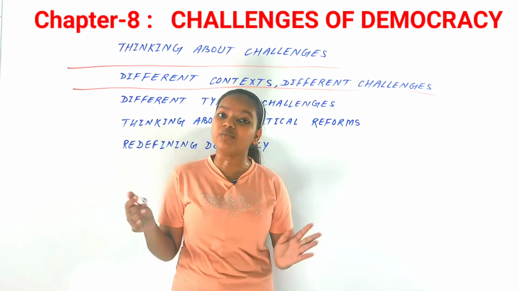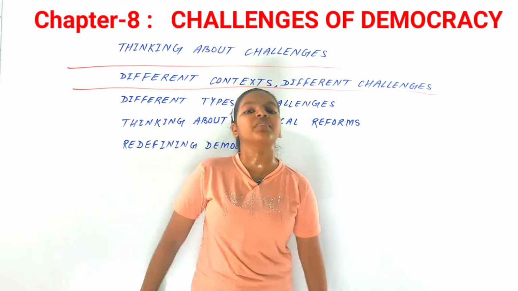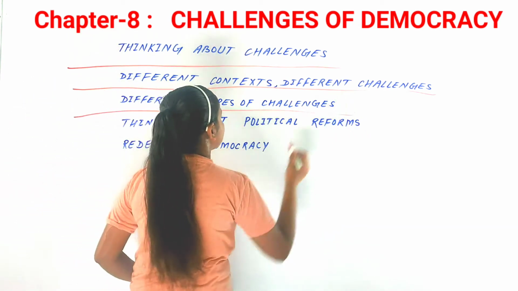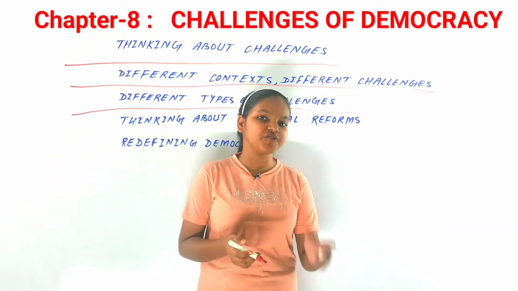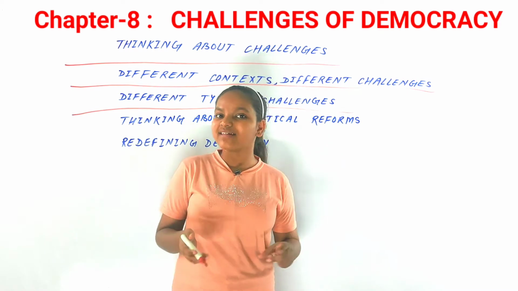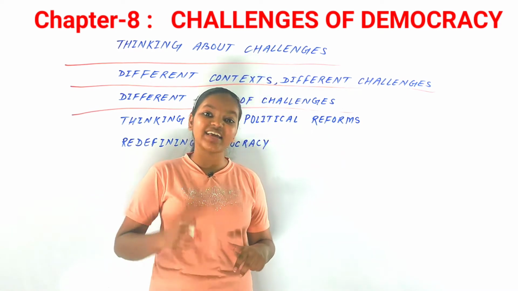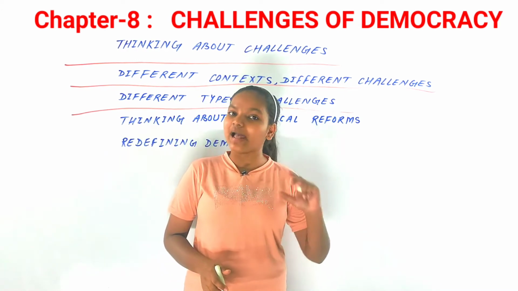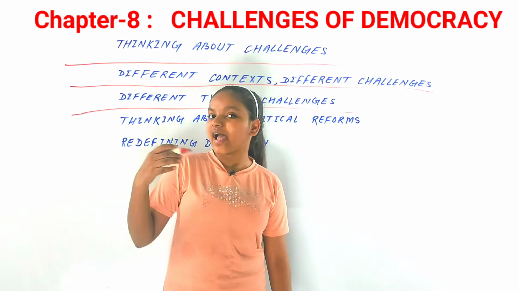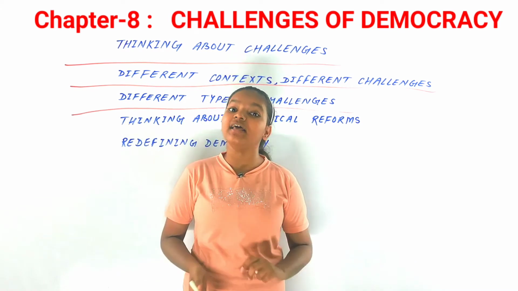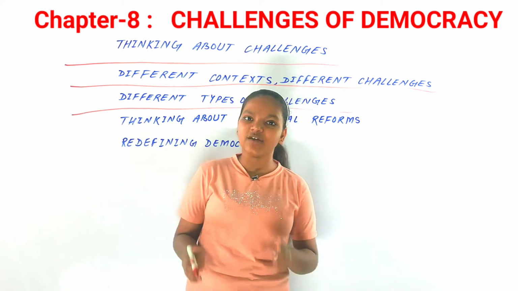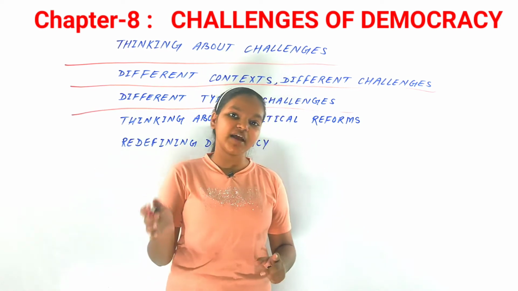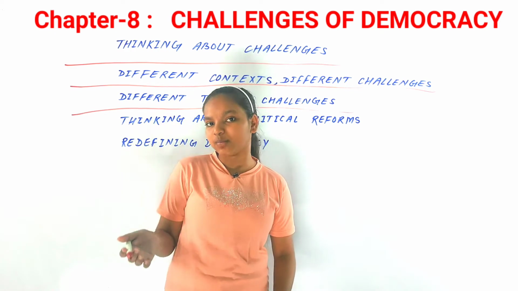Well, there are a lot of examples that you can add by yourself. After that, we have to discuss different types of challenges. Now we discussed some countries and different contexts with different challenges. But we also discussed the types of challenges, that is F, E and D. In short, as a trick, you could say FED. F is for foundational challenge, E is the challenge of expansion, and D is deepening of democracy.